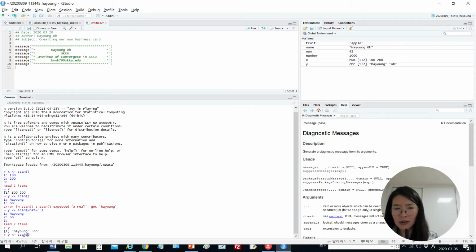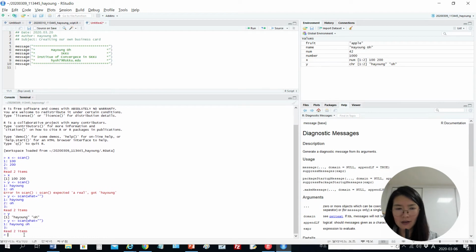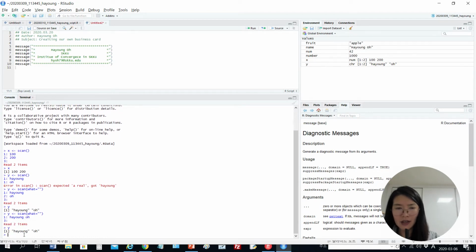All right, so in this case, and then, okay, that's it. And then you can test it. Even though you put your English full name in a line, in the case of scan, it separates the two words based on the space, right? But if you use the readline function, like me,